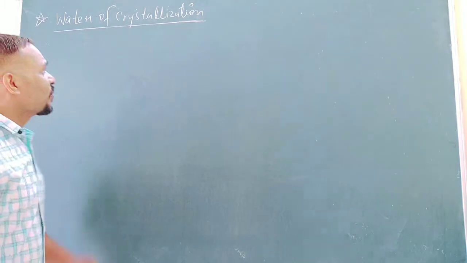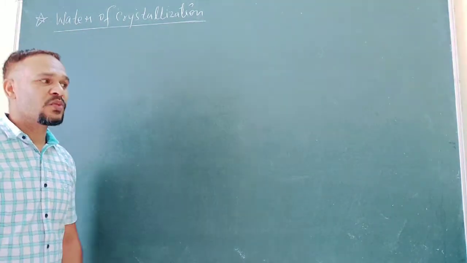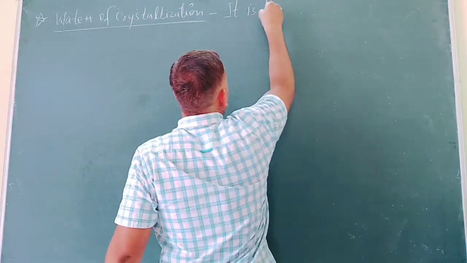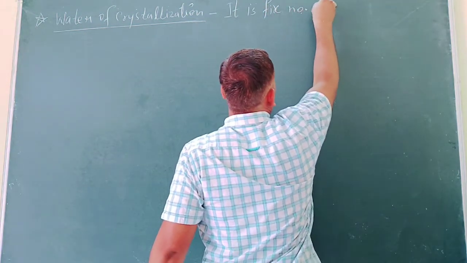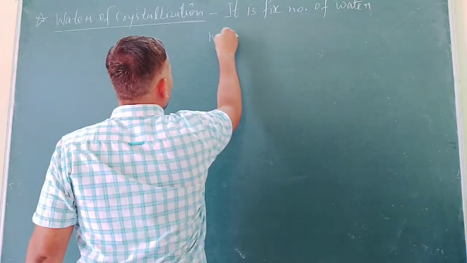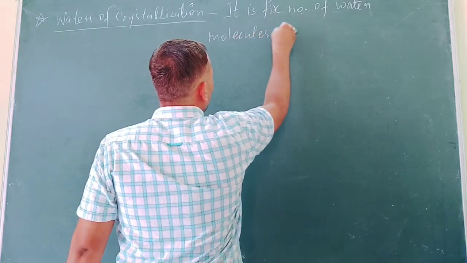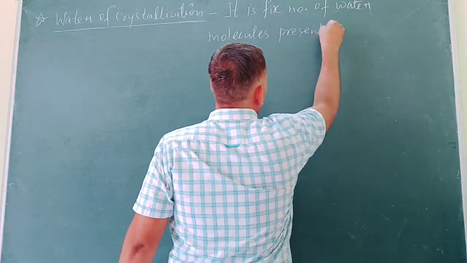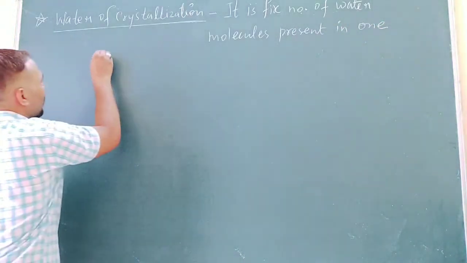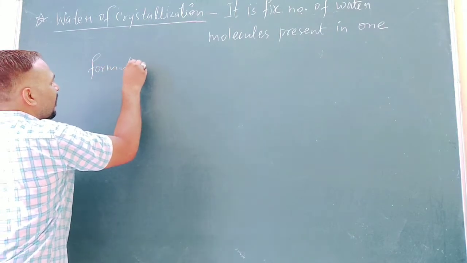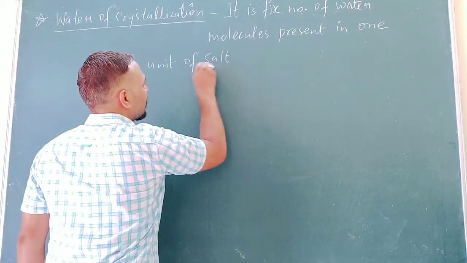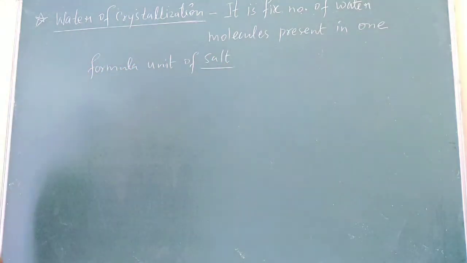Now the next topic is water of crystallization. What is the water of crystallization? It is the fixed number of water molecules present in one formula unit of salt. For example,